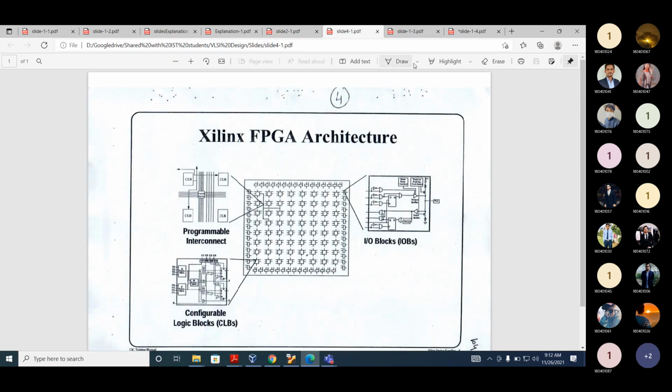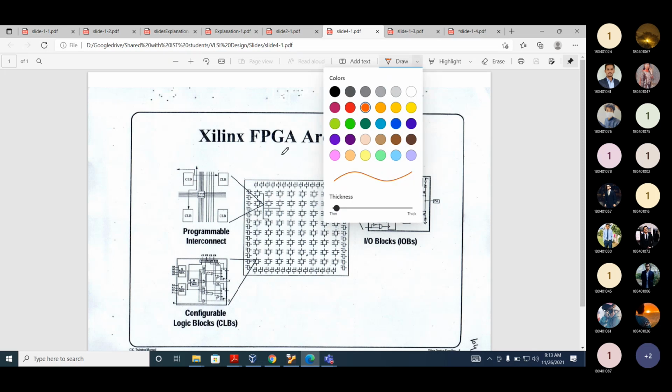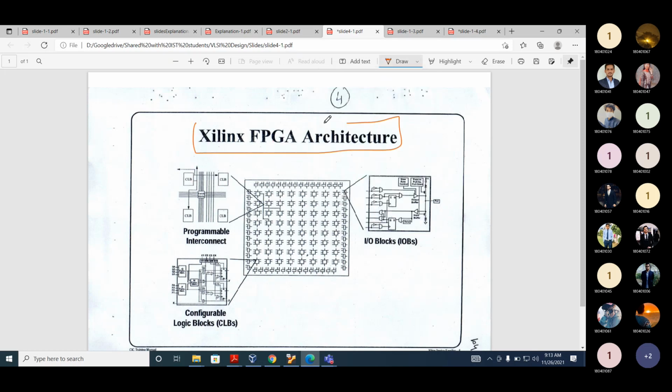If you look at this FPGA architecture, we have some chips. What is this black box, this red box? This is our chip. How will this chip look?